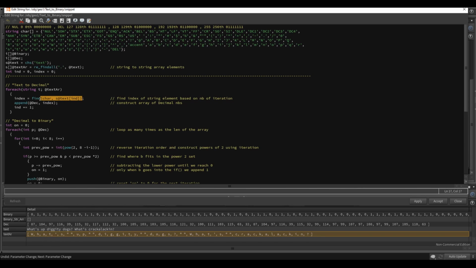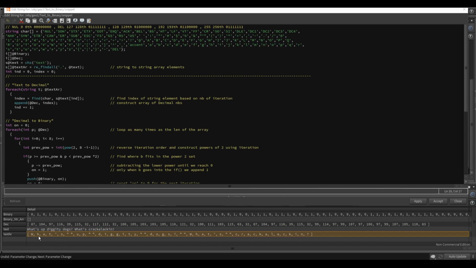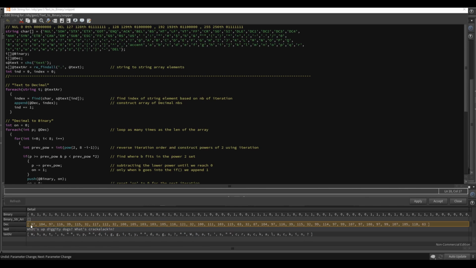So we find the character index and append it. So this text is turned into a string array, and we looped over each element in that string array and retrieved their index